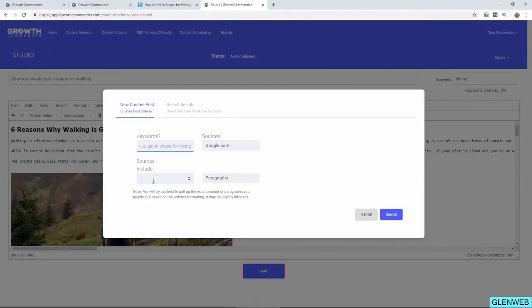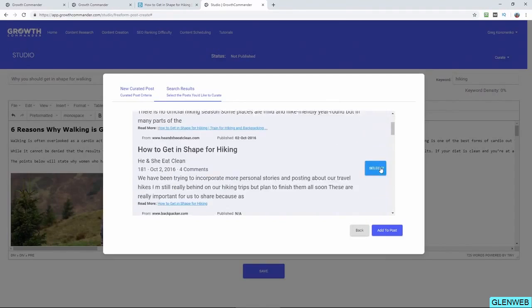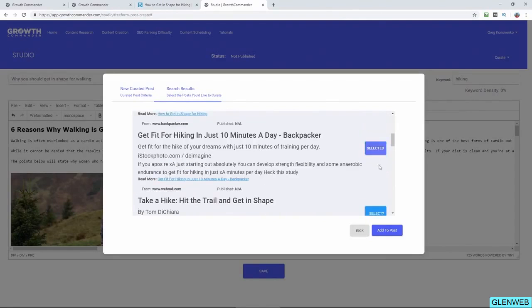You've got a lot of different options here, so we'll go search. And now as you can see, we've got some great results from google.com for hyper relevant posts on other websites, and you can choose to include, let's say, these top 3. I'm not going to do it for this example, but basically what it will do is insert those posts into your post, and